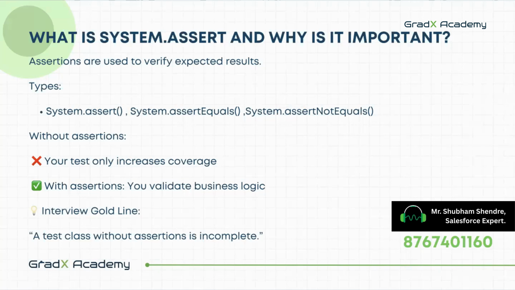There are three types: System.assert, System.assertEquals for positive testing, and System.assertNotEquals for negative testing. Without assertions, your test only increases the coverage, but with assertions, it validates our business